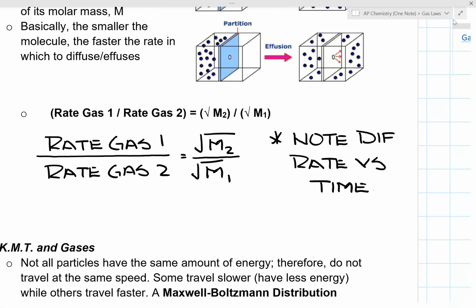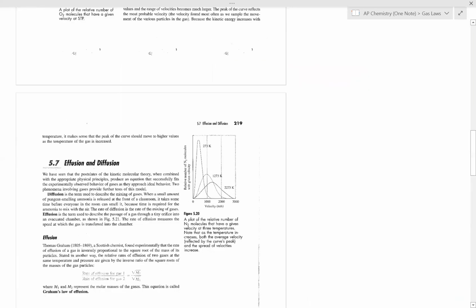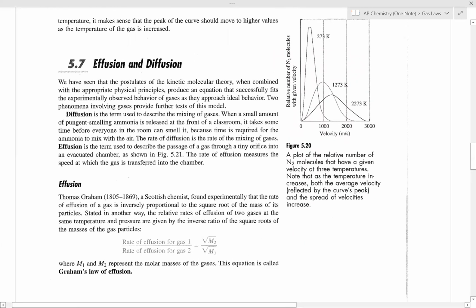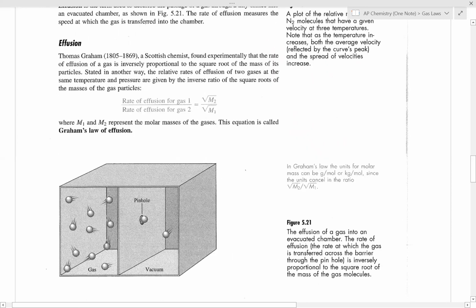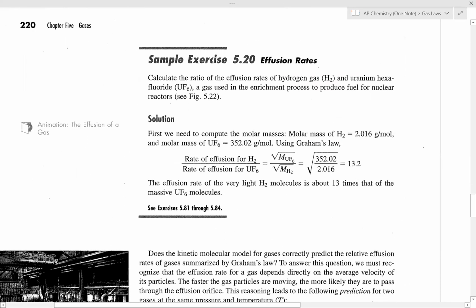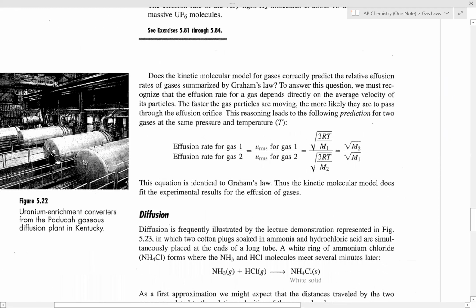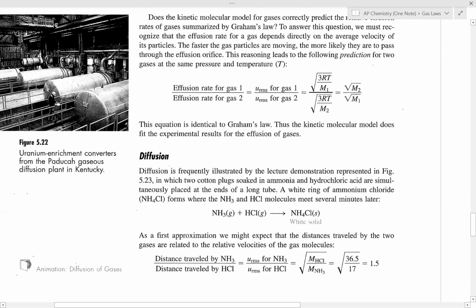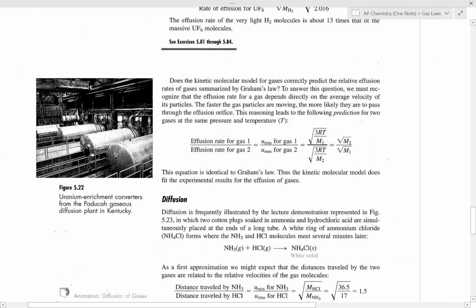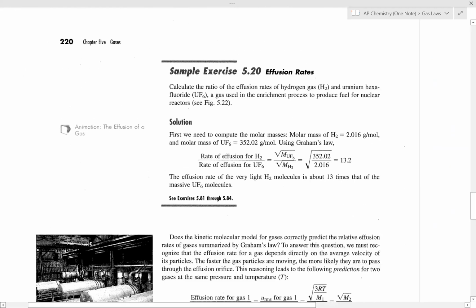Now, when you take a look at your textbook, I believe it's on page 217. Okay, on page 219, they talk about effusion and diffusion. And what they do is they give you a sample in terms of the calculation. In this particular case, they give you the rate. They show you how to set up the equation, do the square root, and you get your result. Now, they do the exact same thing in terms of diffusion here in the calculations. So something for you to be aware of is to take a look at the examples on page 220 and